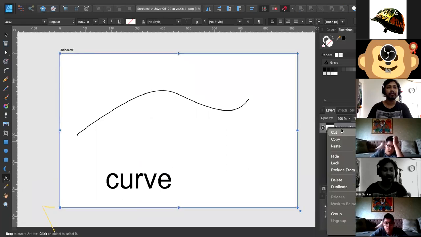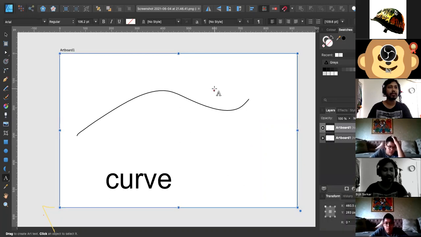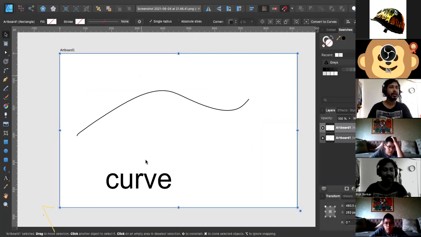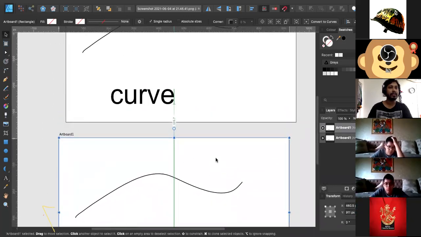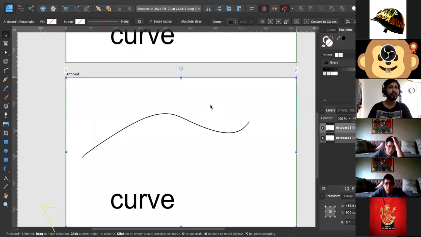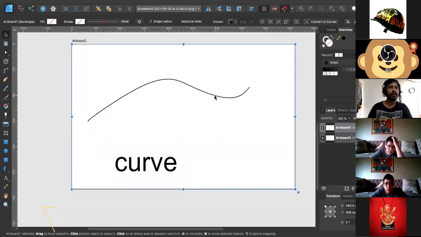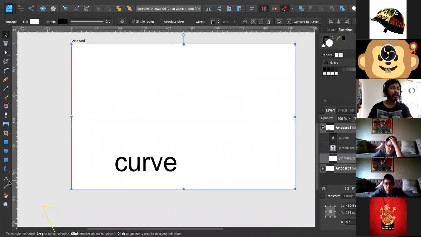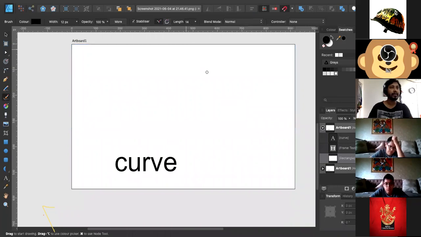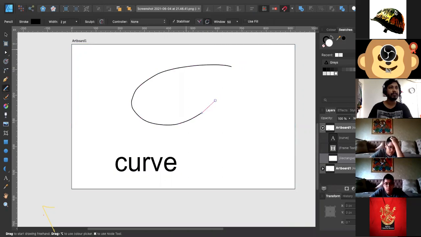Okay, just duplicate this. A plane curve. Yeah, a curve. Okay, so now we have a curve, and now let's see. Let me take this one. So now I have a curve which is